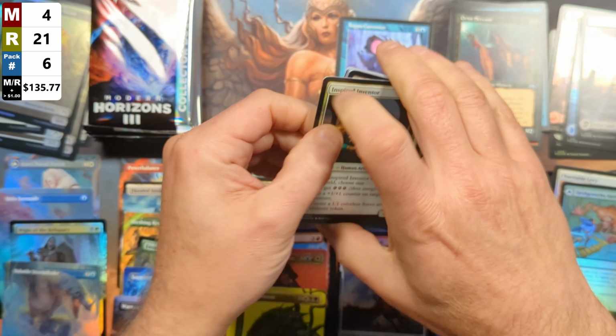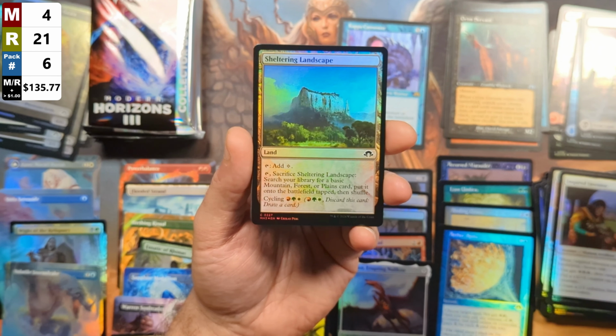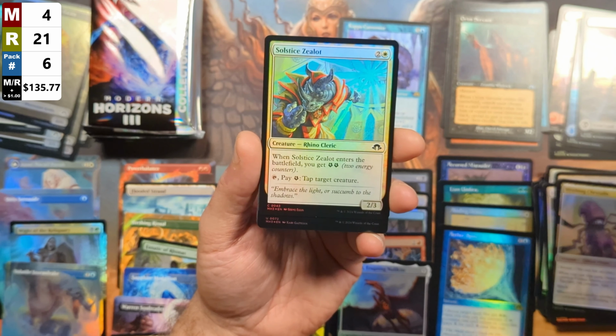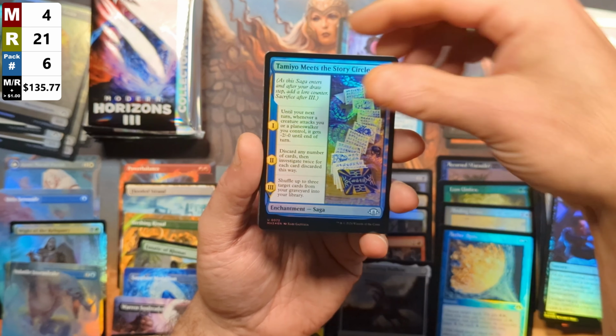Hopefully the value in the upper left-hand corner is looking pretty sweet. So we got ourselves an Inspired Inventor, followed by a Sheltering Landscape. Then we got a Writhing Chrysalis with a Solstice Zealot, followed by a Lethal Takedown. Then we're going to see Tameo meets the Story Circle